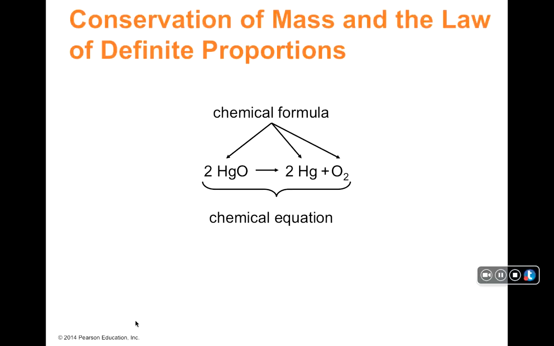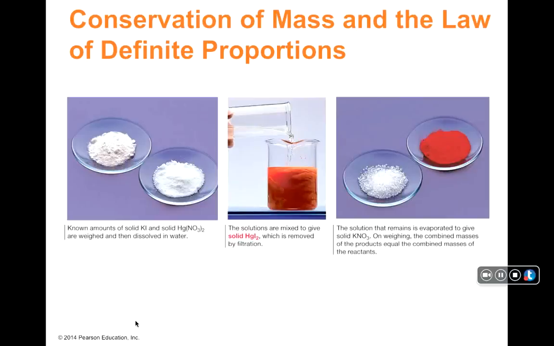But what you see here is representing a chemical equation. So on the left are the reactants and on the right are the products. And we'll talk more about how we make those formulas and where those numbers in front come from in a little while. But if we were to look at this and then look at an actual reaction,